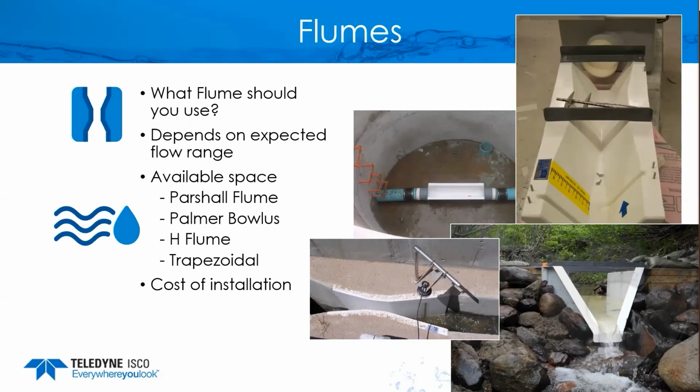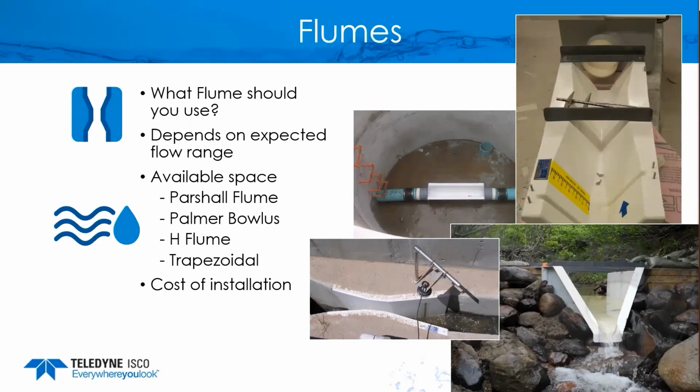Now, the H flume, shown here on the bottom right, is nice because it can handle a wide range of flows. They do not need the straight run of pipe after. So if you happen to have a drop manhole, an H flume may be a good option for you. And then the trapezoidal flume on top is ideal for locations where you have both really low flows and higher flows, because the shape of it narrows towards the bottom. It's able to read the really low flows,